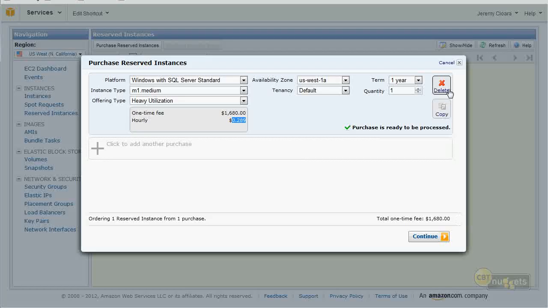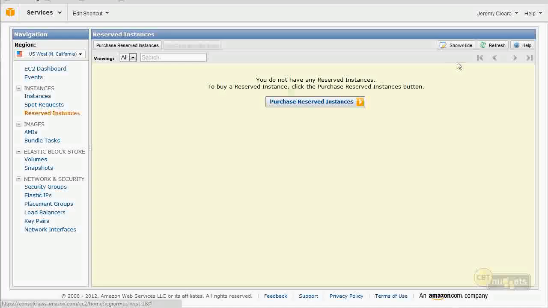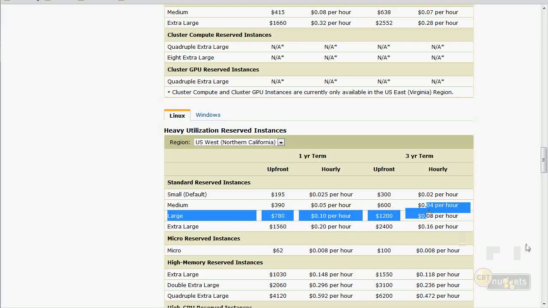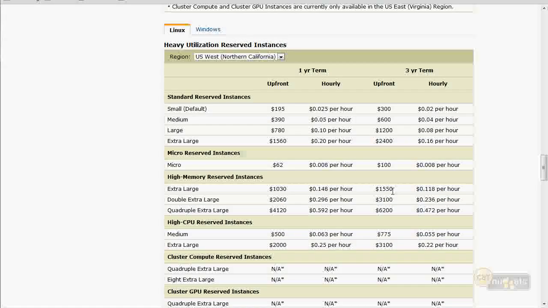Now, one of the things I had thought about when I was first understanding this, I thought, well, what if, let's say I purchase a 3-year term, right? What if I buy 3 years? 3 years is a long time in the computing world. They're going to upgrade processors. They're going to upgrade memory. Things change. Do I automatically get those benefits when things are upgraded? And the answer is sort of, kind of, maybe, could be, but probably not.